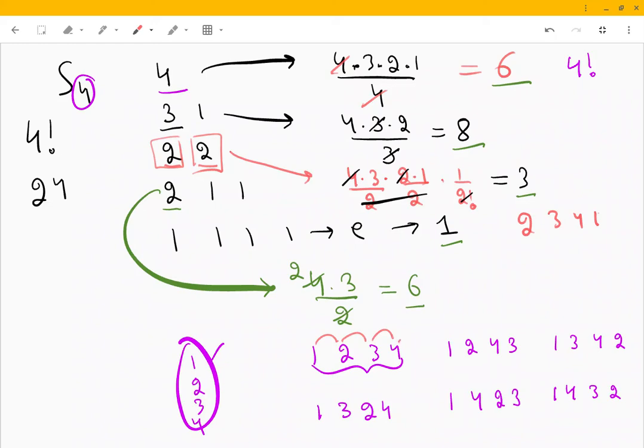This 4 came up front. 1, 2, 3 shifted, 3 came up front: 3, 4, 1, 2. 2 came up front: 2, 3, 4, 1. The same thing I wrote here, right? So these are basically the same cycles, but this 4 factorial counts them 4 times, and it does that with every element. That is why we divide it by 4,